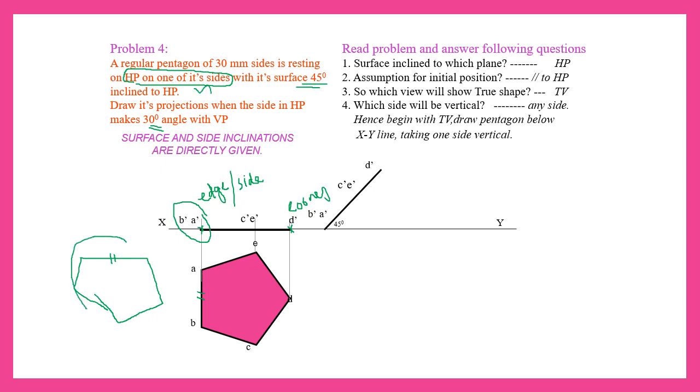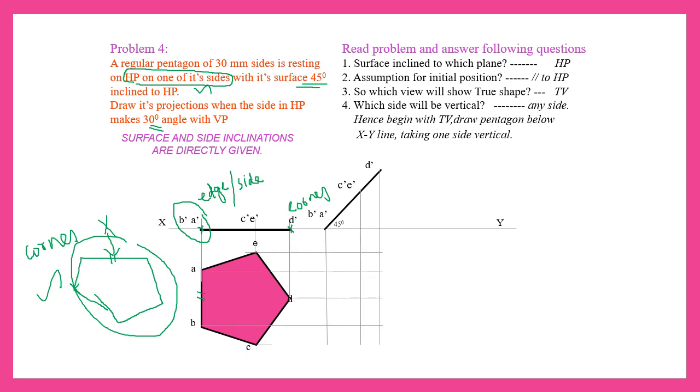If you draw it like this, while you incline this surface, only a corner will be touching the XY plane. Then this problem will be wrong. If you draw like this, the problem will be wrong. Whereas if they had said the surface is resting on HP on its corner, then you can draw like this. And then you will project all these